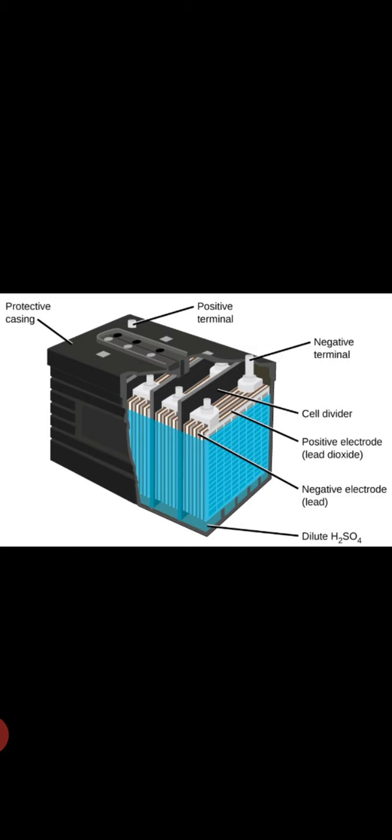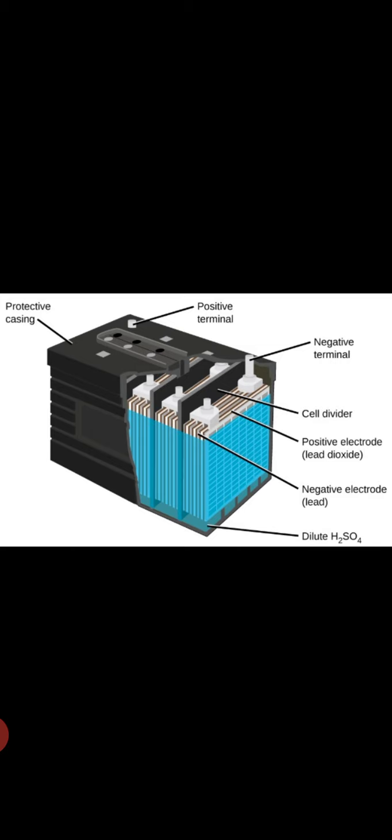Now the battery which you are using in your house, for the inverter, when the current goes off, you are getting the current from that particular battery, so that is being discharged. That process is called discharging. You are able to draw current from the cell. But when the current comes again, the battery gets recharged, that is called recharging. So a direct current is flowing through it and the battery gets recharged.